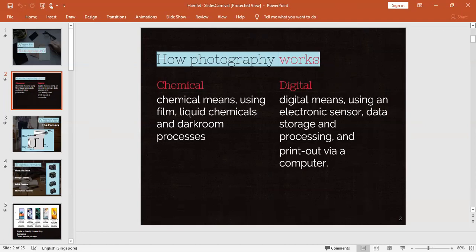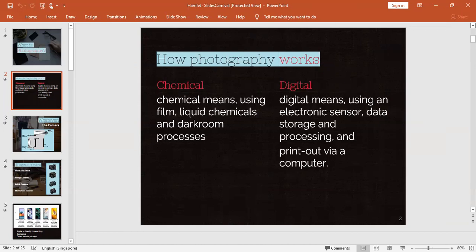Once you come to digital, as you all know, everything is under the users and photographers, everything is in your hand, so you can control everything. It works through sensors, electronic devices, and storage. You get a soft copy, and you can print that image through photo printing machines. Storage is also digital, and you can view photos on a digital screen.